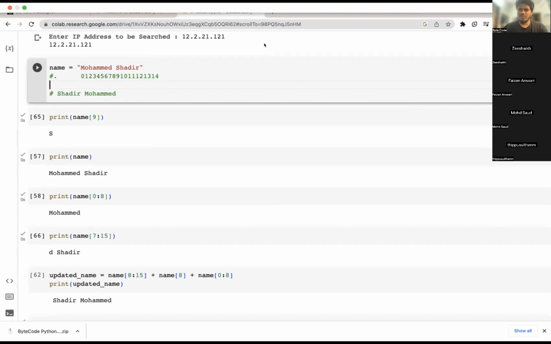Since this is the first day, I want to keep this light, but let me reassure you that once you understand all these basics, it will get very interesting. When we go to the complex things like developing applications, integrating data analysis, AI, and all that stuff, it will get very interesting. But for doing all of that, we need to understand this first. Any doubts until now?